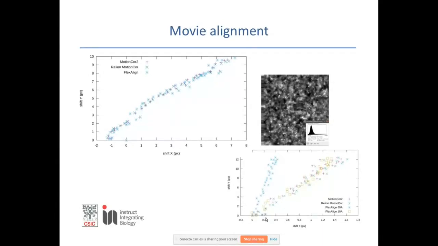And if you look at the axis, it goes from 0 to 1.4 pixels in one of the directions. But this one is only 1 pixel off in the whole movie. So this is still a very accurate result. But we were not happy with that, and we discovered that it was